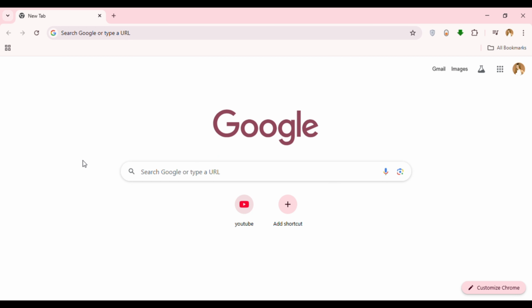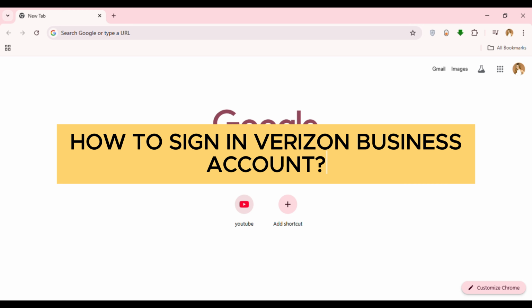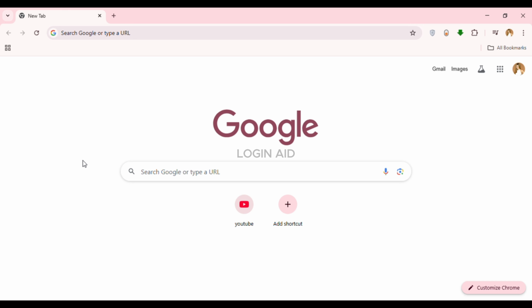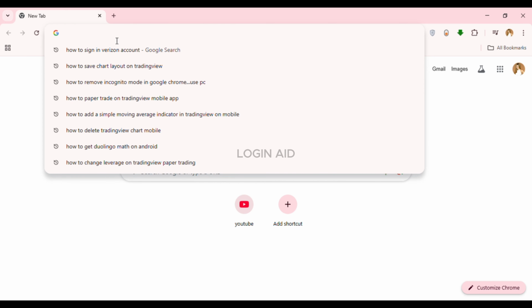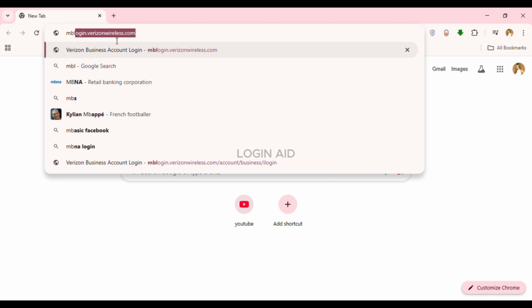In this guide video, I will show you how to sign in to a Verizon Business account. So first of all, launch any browser of your choice. You can see over here, I've opened Google Chrome. Now simply click on the search bar that you can see at the top. Now type in